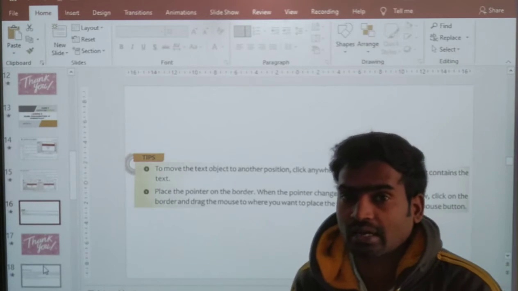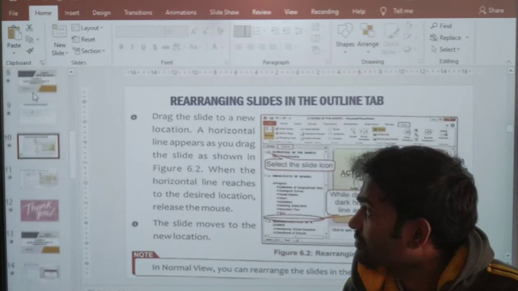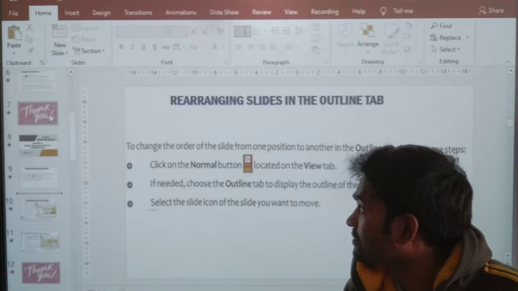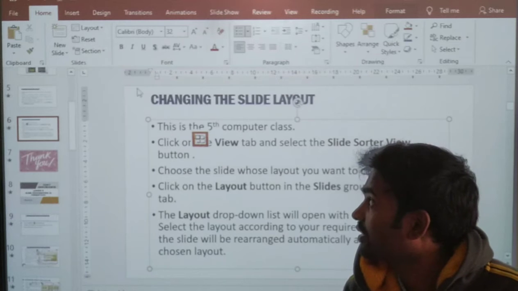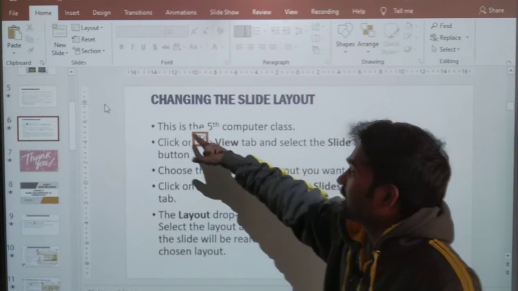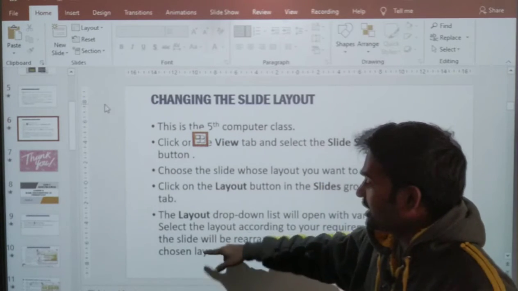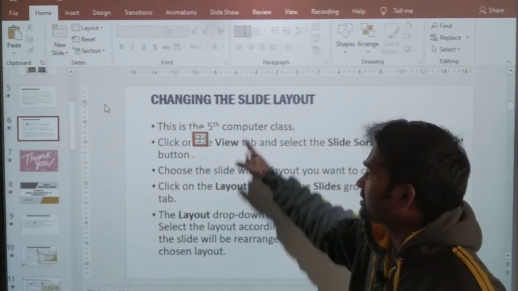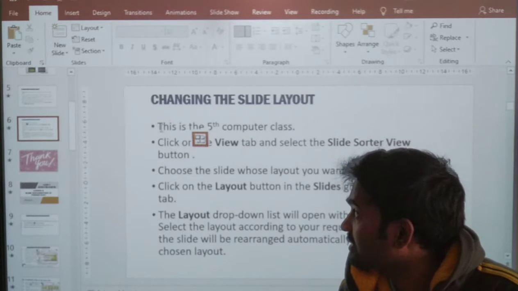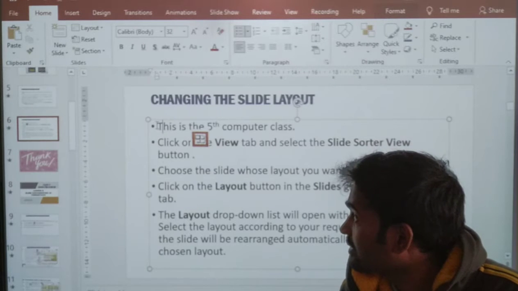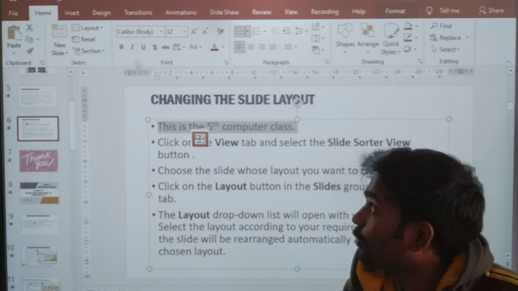Now I will show you the demo. I am going to do the same thing. Now in this one, I am going to take this 5th computer class line and bring it to the end. First, what am I supposed to do? Click on the text, select the complete line. Now it is selected, and then Home tab,